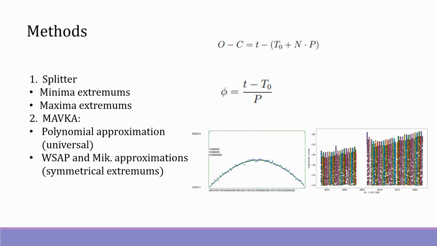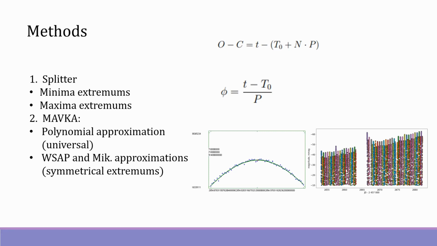For recording the moments of maxima and minima, we used MAVKA software, which can analyze only one extremum per interval. So it was essential to separate extrema, one extremum for one interval, in order to do their further analysis. When the types of extrema were separated, we used this MAVKA software, which was developed by Katerina Andrych and Ivan Andronov, for approximations of photometric data and recording the moments of minima and maxima.